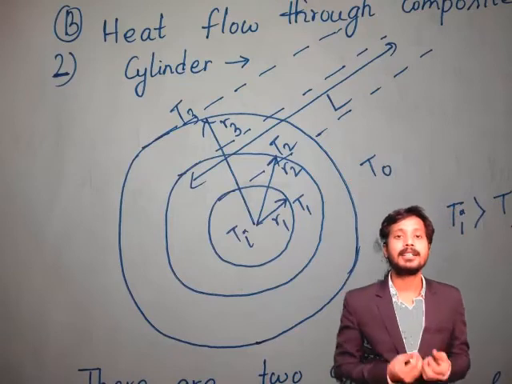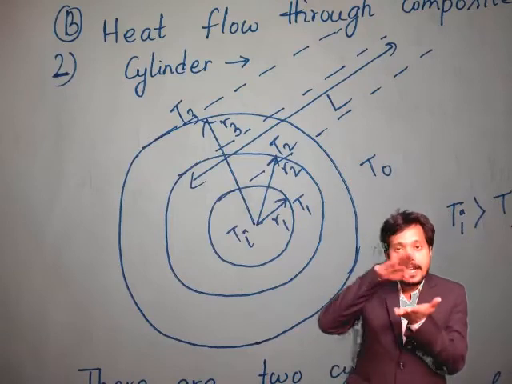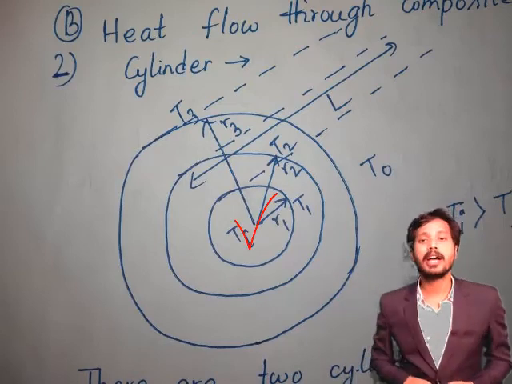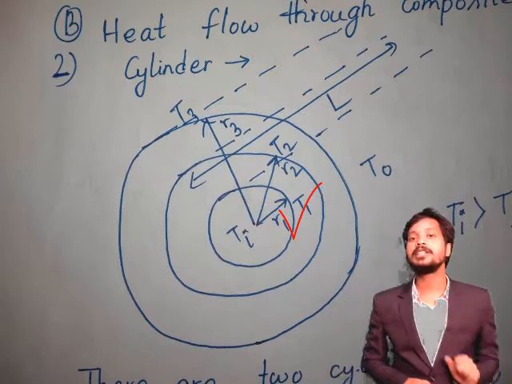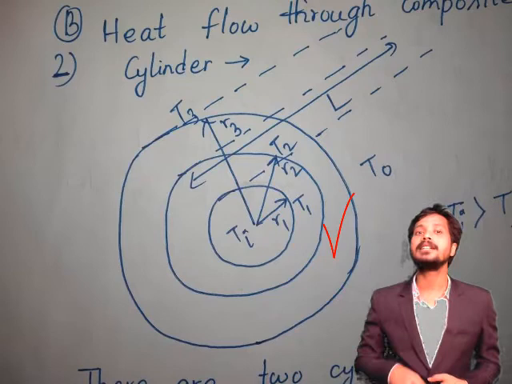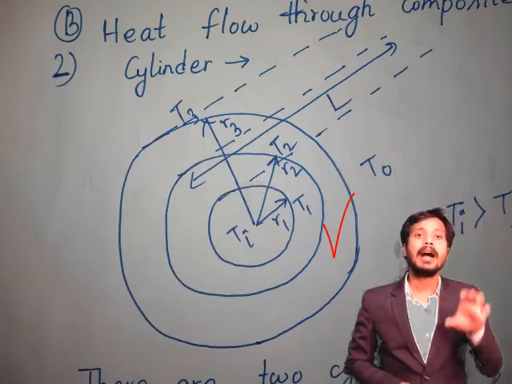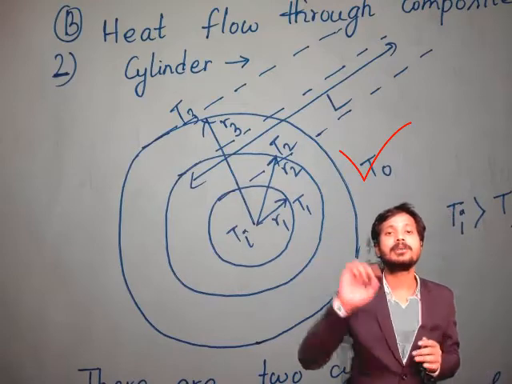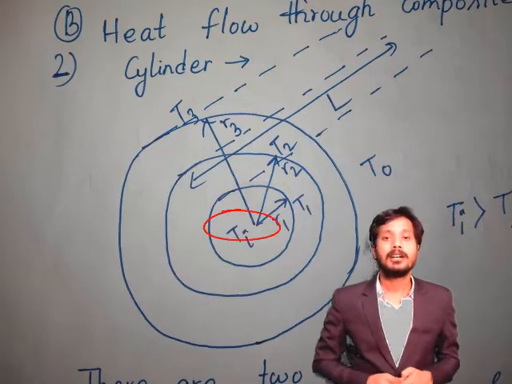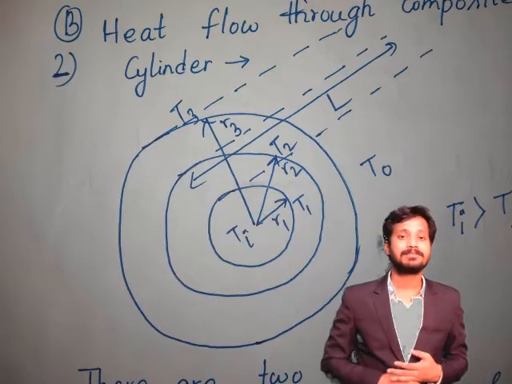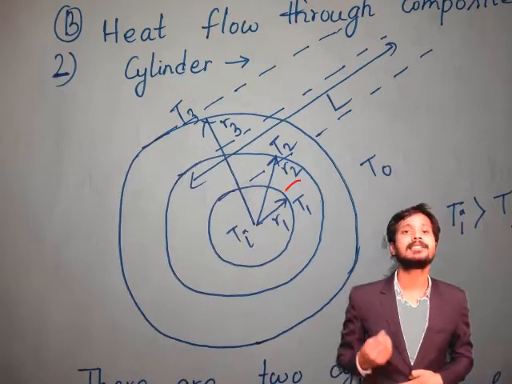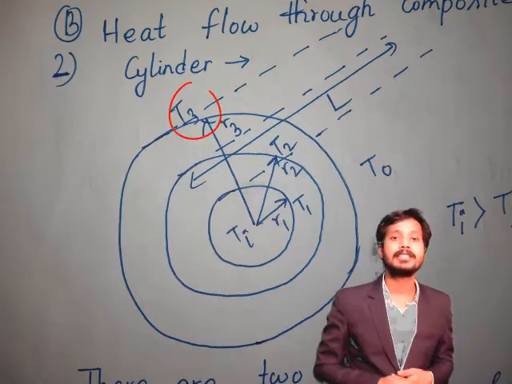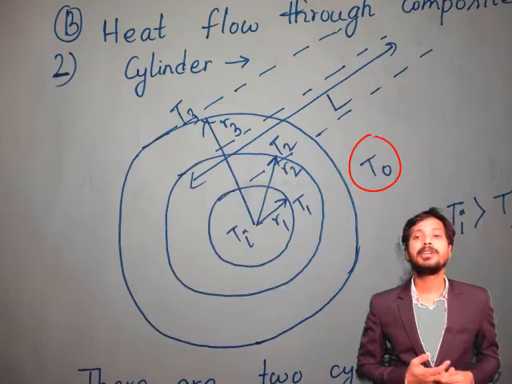If you analyze the picture right now, inside the first cylinder there is air, then we have the first cylinder which has inner radius R1 and outer radius R2. Then we have the second cylinder layer which has inner radius R2 and outer radius R3. Then we have outside air, and the length of the cylinder is L. The temperature of the inside air is Ti, the temperature at radius R1 is T1, at R2 is T2, at R3 is T3, and